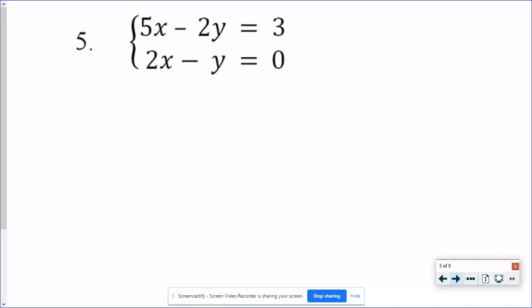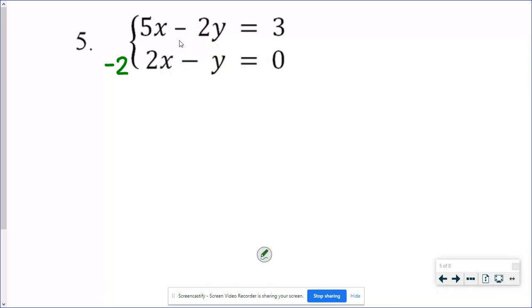This time, my x's, I can't just change one of them nicely. I can't multiply by a whole number and get it to be the opposite of what I have there. I'm going to have to change both of the x's. 5 and 2, the smallest number I could get them to be would be 10s. So I'd have to get a 10x and a negative 10x. However, if I look at my y's, this top equation has a negative 2y right here. If I could make this into a positive 2y, I just have to think about what I multiply by. So right now it's a 1, I'd have to multiply it by 2 to make it into a 2, but that's a negative 2. So I'd have to multiply by a negative 2 in that equation